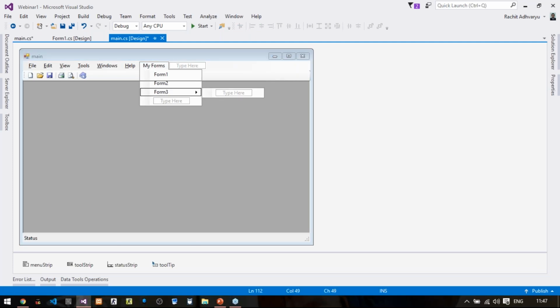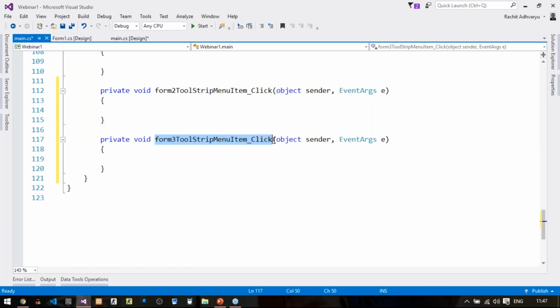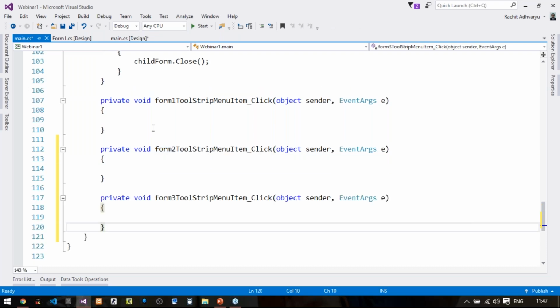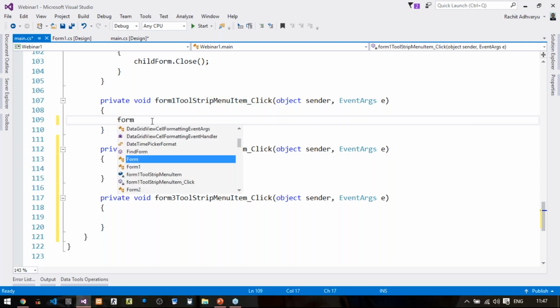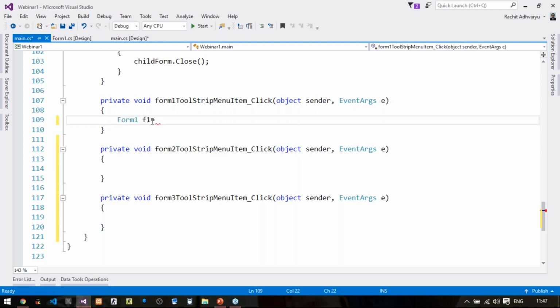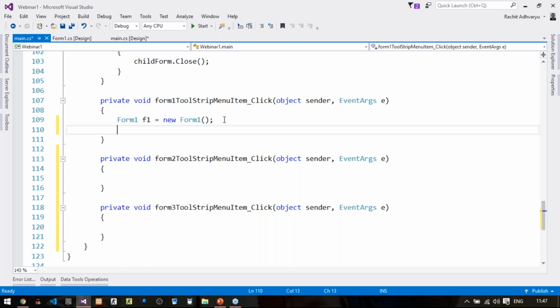Right? Now what I have to do is, if I click on Form 1, I need to open Form 1 of my application. So first thing, I will create the object: Form1 f1 equals new Form1.